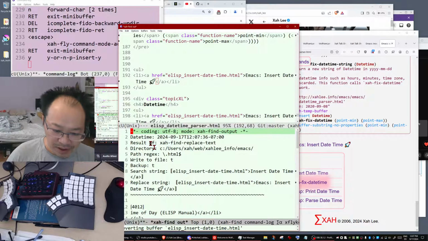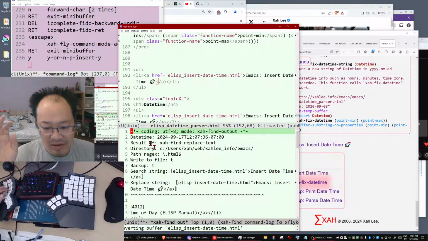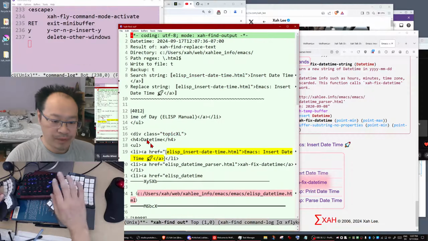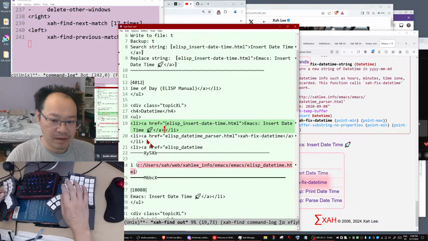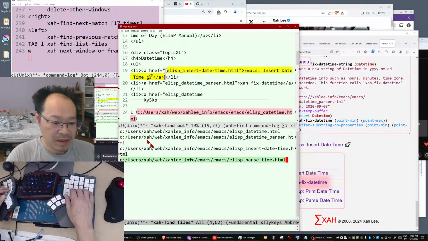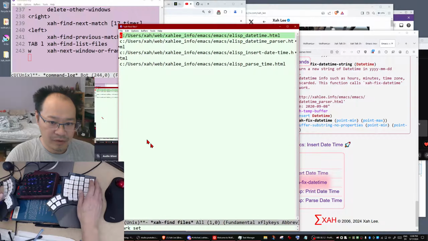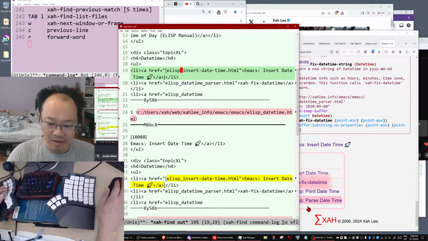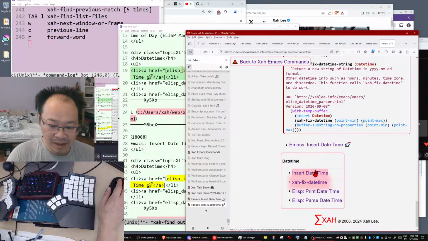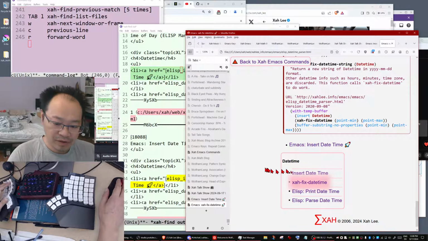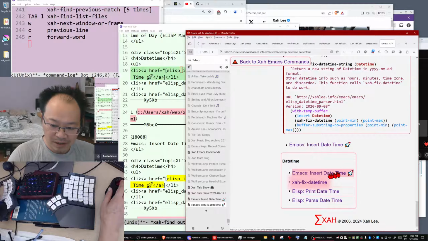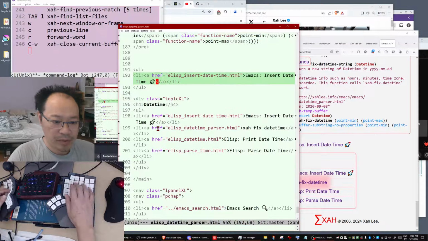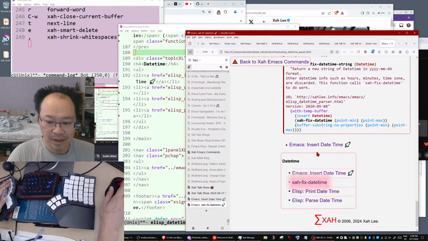It's taking a while because it's going over 10,000, 20,000 files for the first time, so the disk has to load into memory. But once you do that, then it's fast. Okay, so you can see there are like 4 files changed, because only 4 files are using this title, that link text. Now if you refresh this page, you see that's changed. So remove that, go back here, show in browser.